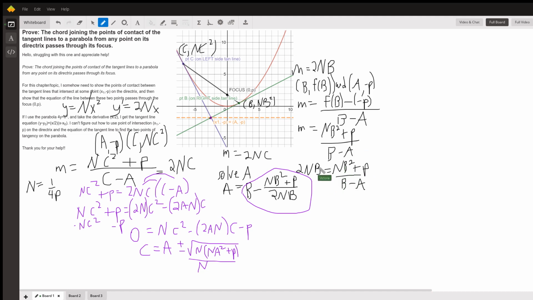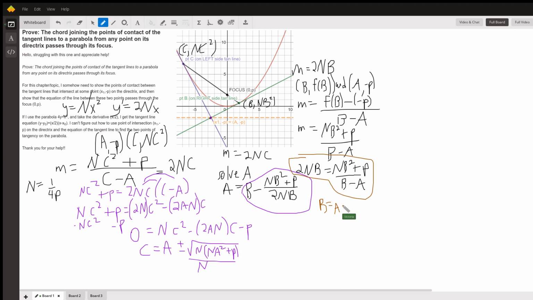So if we go back to here, and instead solve this for b in terms of p, you get another quadratic equation with b as your variable, and it turns out that b is